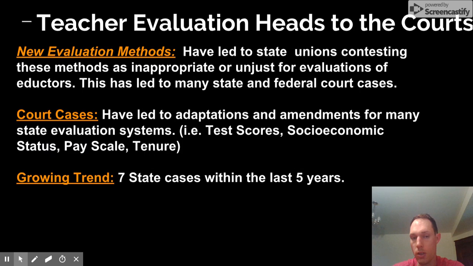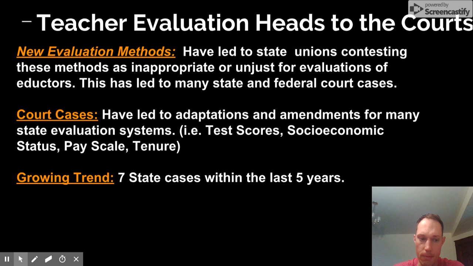The second article was "Teacher Evaluation Heads to the Courts," and this article was talking about how new evaluation methods haven't been proved to be just or appropriate. Many state unions are contesting the new methods that are being applied from ESSA, and this has led to many state and federal court cases. Currently, we have 7 cases within the last 5 years, and these cases have resulted in many adaptations and amendments